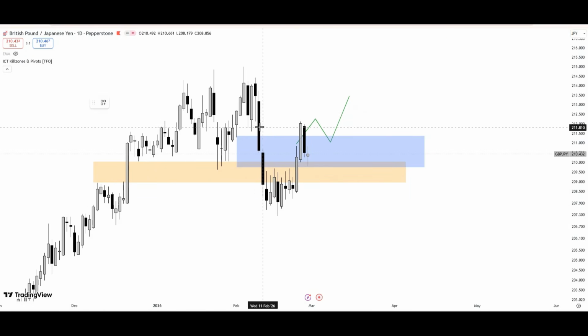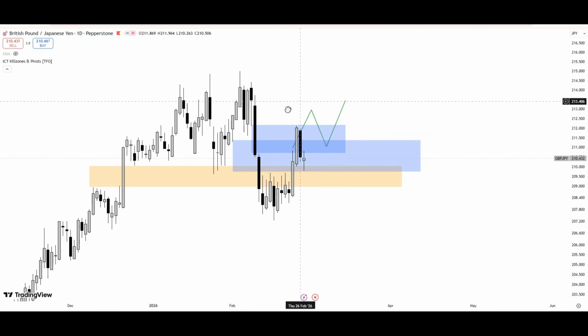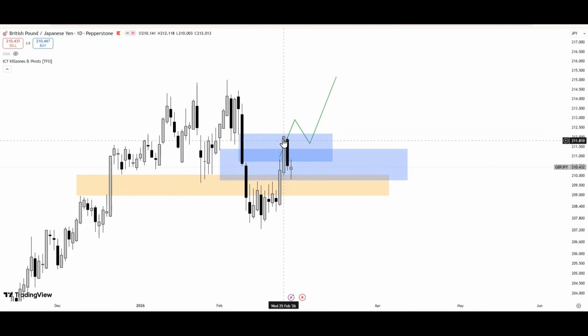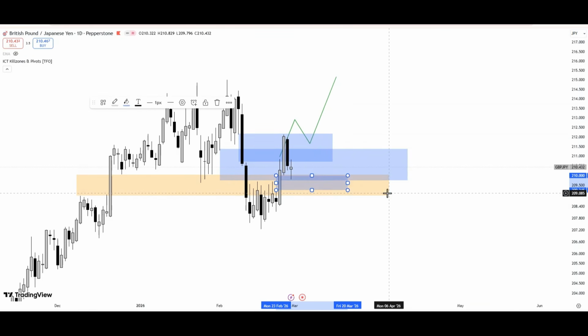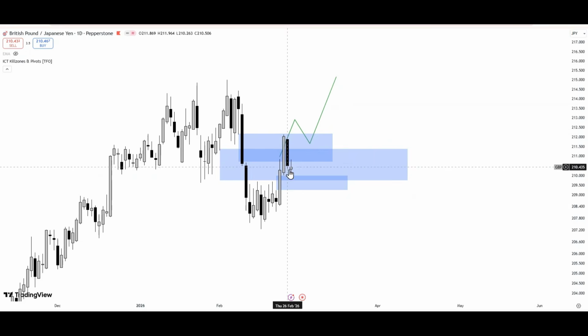For bullish momentum, of course, we want to see price invert this daily fair value gap. But you can see so far, after having this bullish move, price actually retraced to this. I can remove this. Price has tagged this daily fair value gap. If the market is still bearish, then you're likely to see this get inverted, and price will have used this daily fair value gap as a resistance to push price lower.